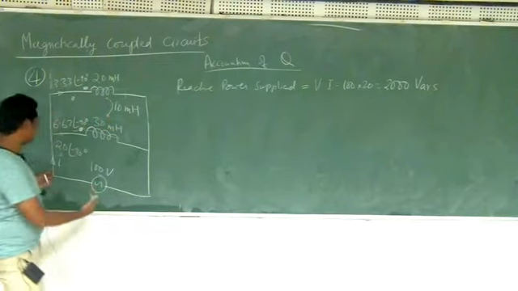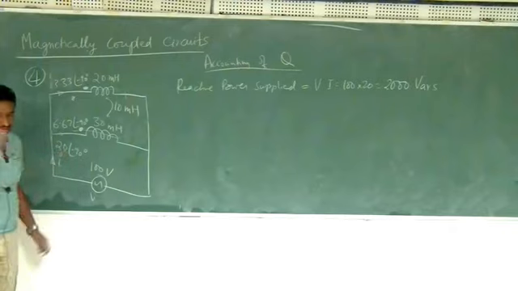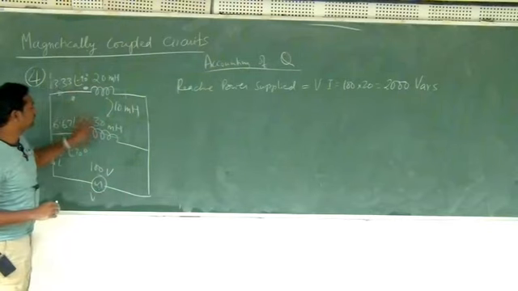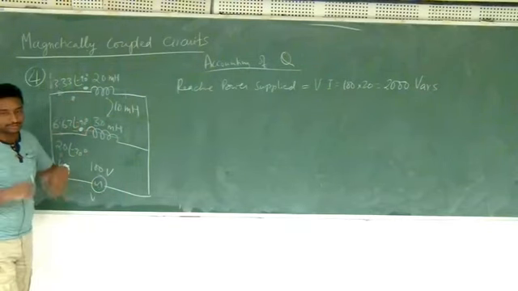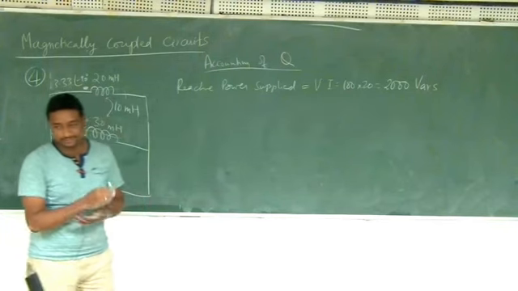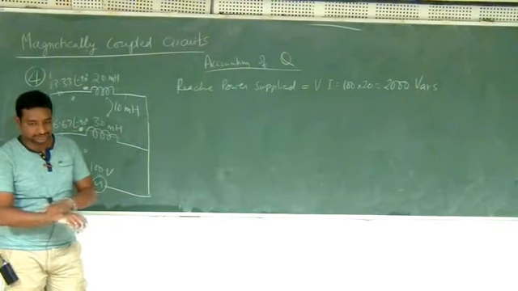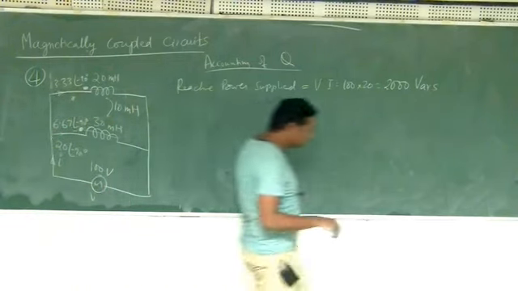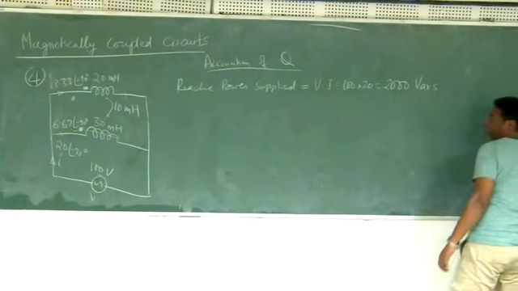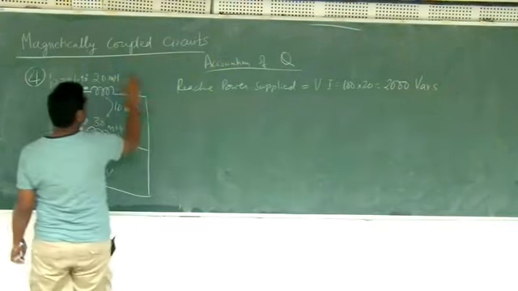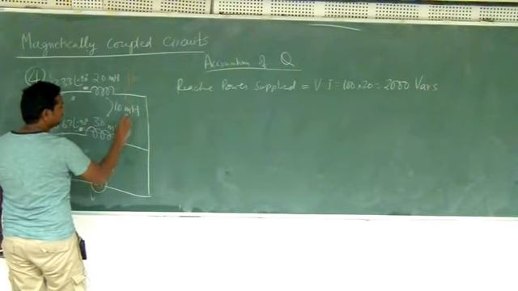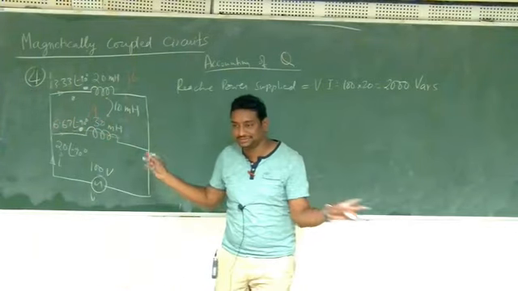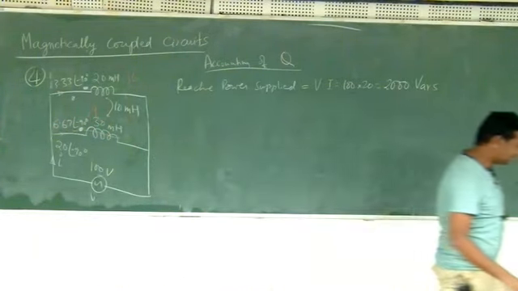Now that is what is released by the source. The question we are asking is which one is consuming how much? Which of the coils is consuming how much reactive power? Because the total should add to 2000. So how do you account for it? Let me write down the values. 20 millihenry is nothing but J6. This is J3 and this is J9. If you notice through this simple example, I am trying to convey some concepts.